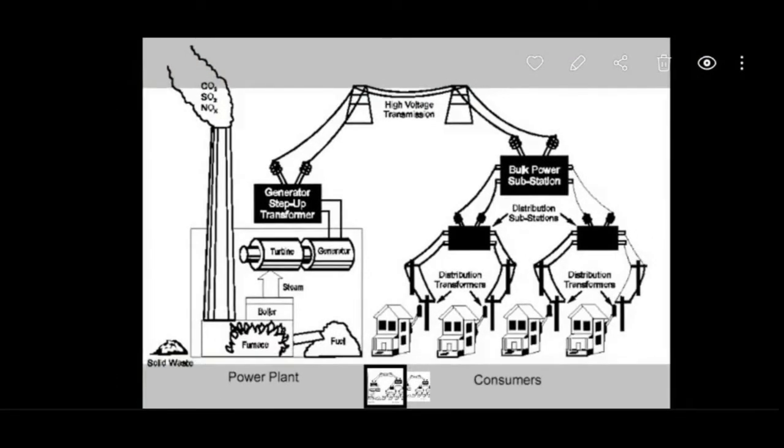So typically a power system has generation, transmission, and distribution as three conceptual stages. In practice, a fourth entity is also there, which is protective devices that prevent accidents, or if accidents happen, then they prevent the damage as much as possible. So generation, transmission, distribution, and protection devices. Four entities come together to build a typical power system.